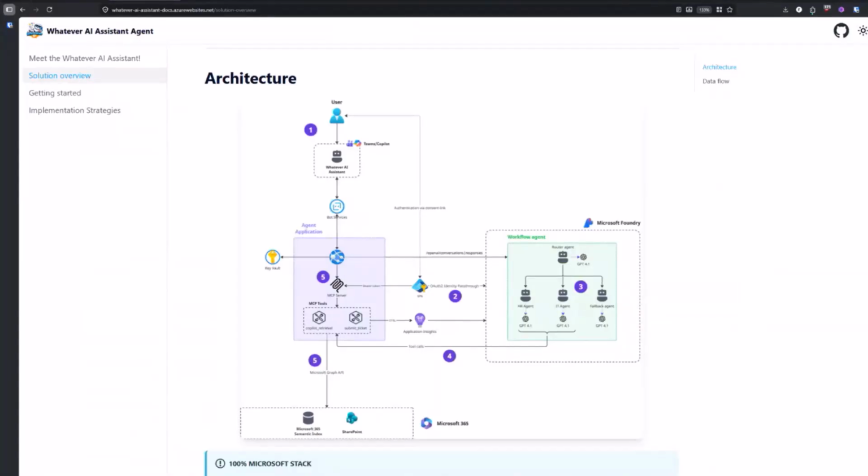So in Microsoft Foundry, we have a workflow agent composed of 4 different agents. The first one is the router agent, whose goal is to basically classify the question. Is it an IT question or an HR question? And if it's not any of that, we have a fallback agent just to say, okay, I can't answer those kinds of questions. And the HR and IT agents have specific tools, with an MCP connection,